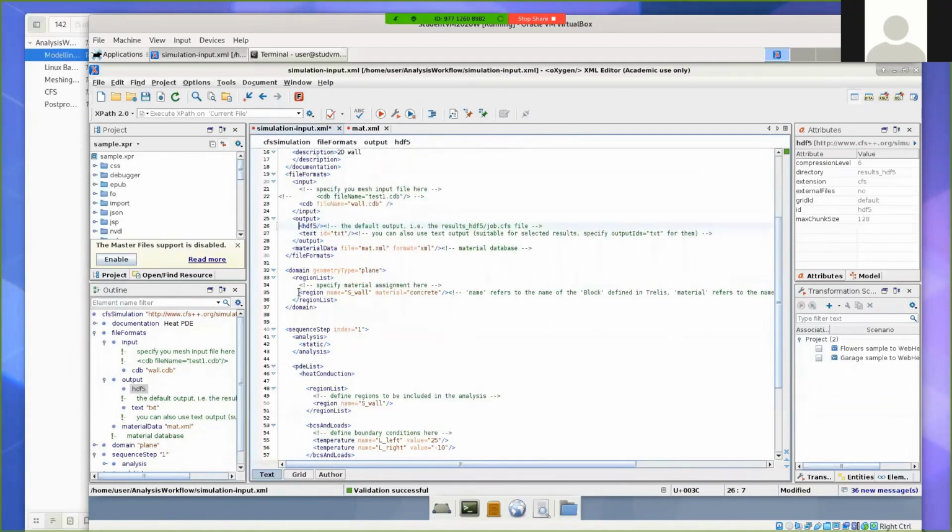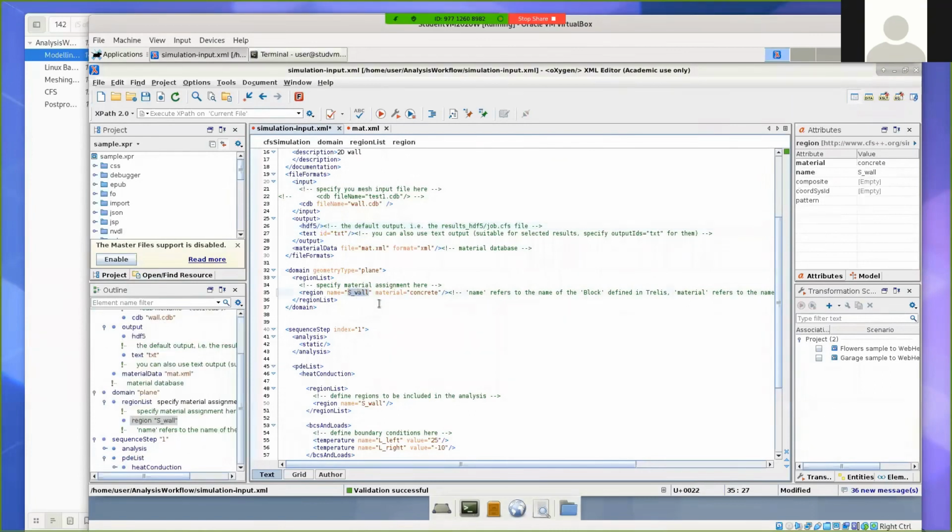This is done in the domain section, where we have a region list and only one region present. The name of the region is S-wall. So you recognize again the name we have used for the block in Trelis, and we assign the material concrete, which is the name of the material we have in our material database. And finally, we can go